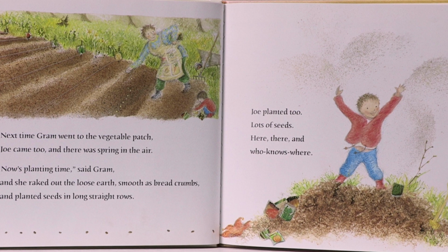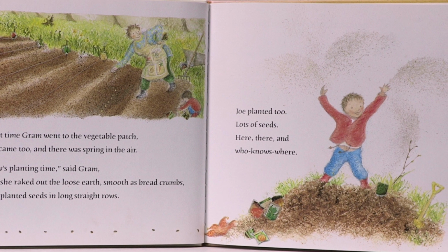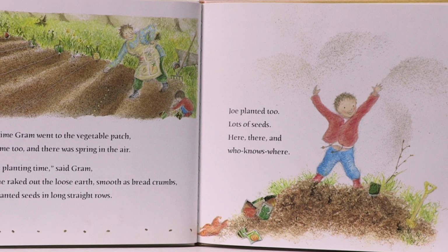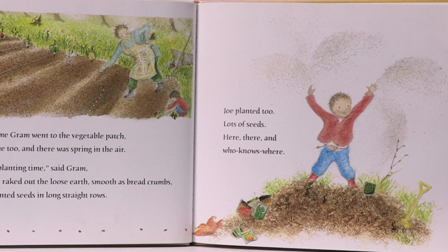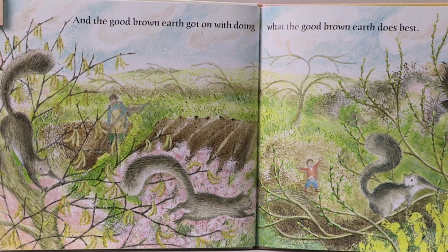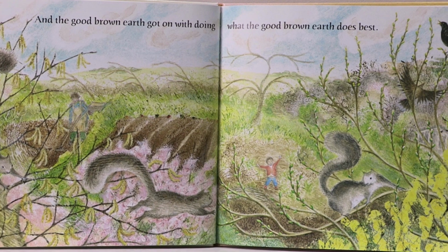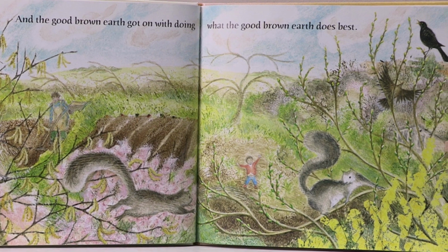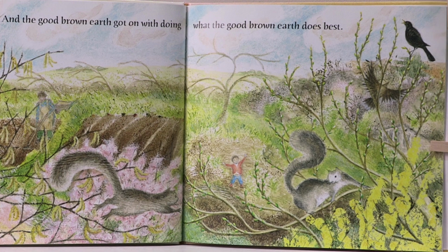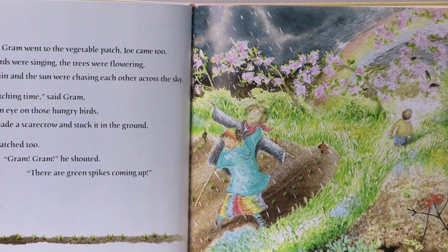and planted seeds in long, straight rows. I try for straight rows, but I don't always do that. Joe planted too, lots of seeds here, there, and who knows where. And the good brown earth went on with doing what the good brown earth does. I see some squirrels helping with the seeds. And the birds. Next time Gran went to the vegetable patch, Joe came too, and the birds were singing, and